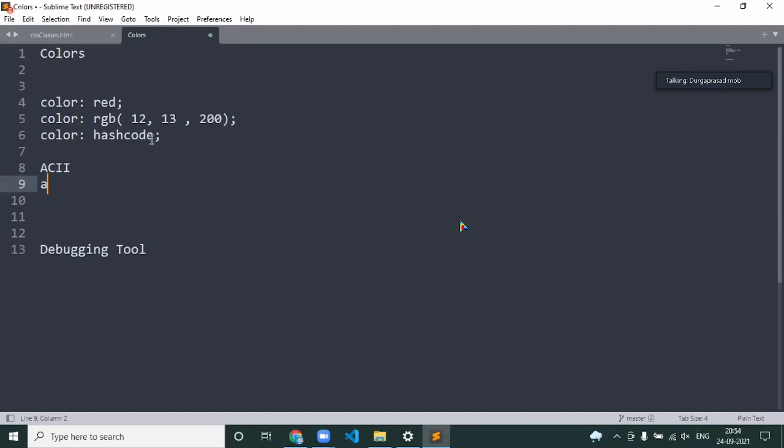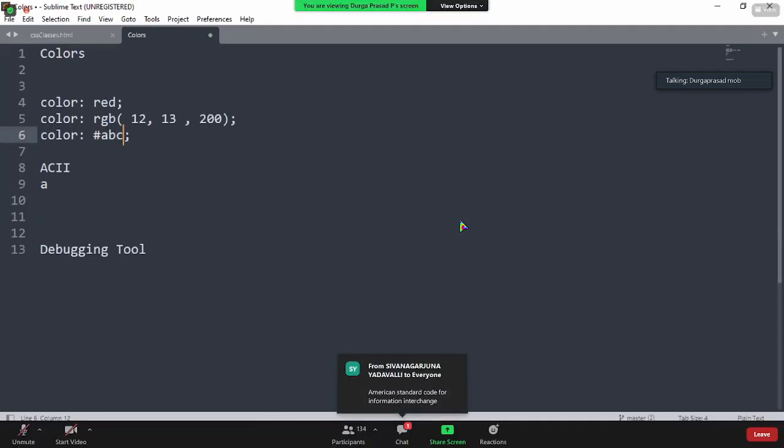Now what I'm saying is, when you say hash code, I say hash AB C2 1A. How many characters am I giving here? It is 6 characters. Internally, it divides this into 3 parts, where AB indicates red, C2 indicates green, 1A indicates blue.